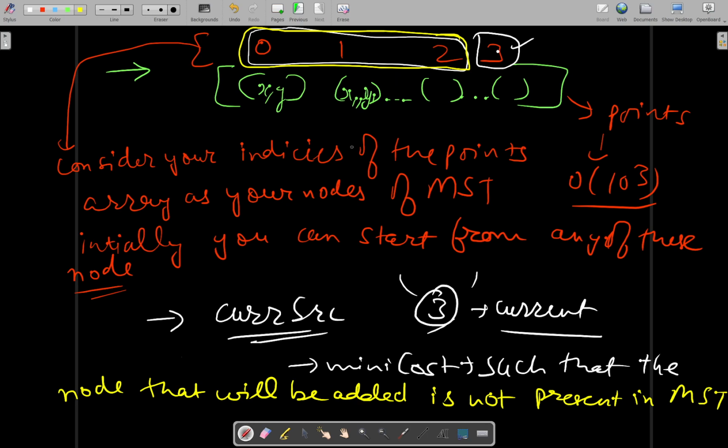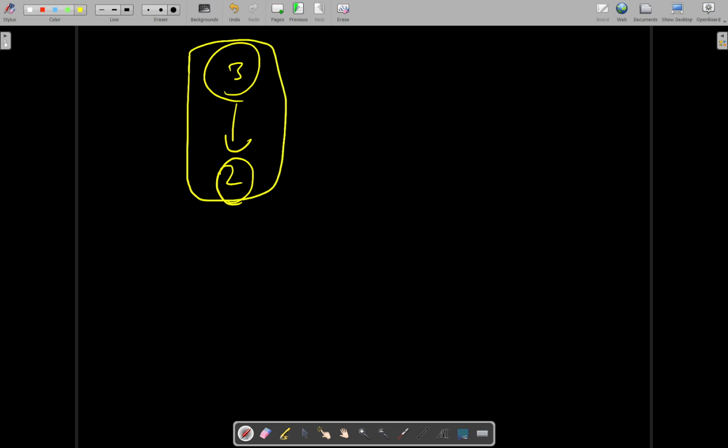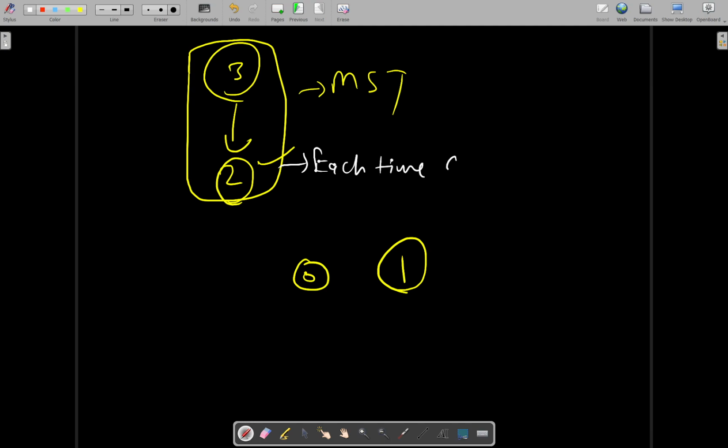to be added next. And once, let's say, a new node is added, let's say initially it was 3, now let's say 2 was having the minimum cost to be added to the MST, then MST will be looking like this. Now you will be having options of 0 and 1 node, and since you have added a new node to the MST, each time a new node is added to MST,